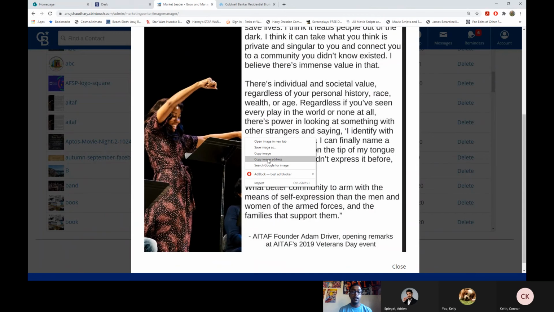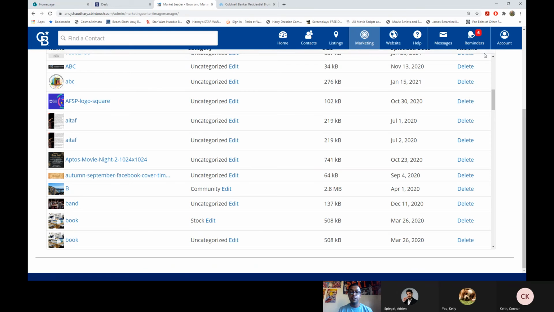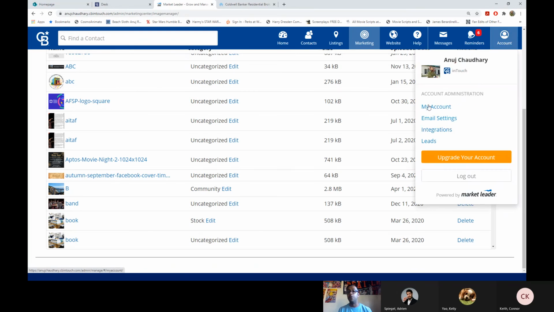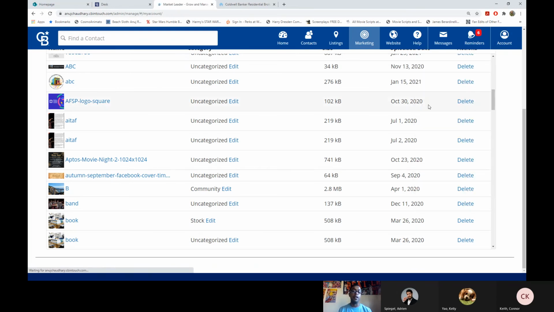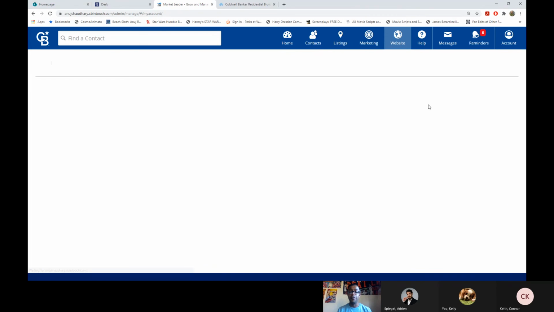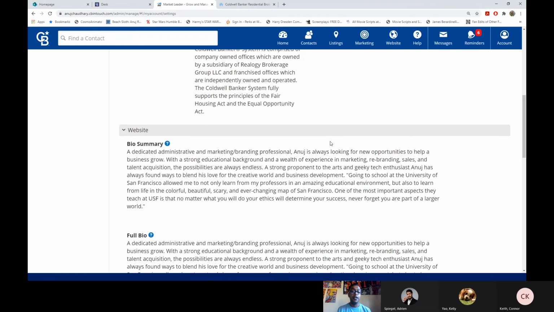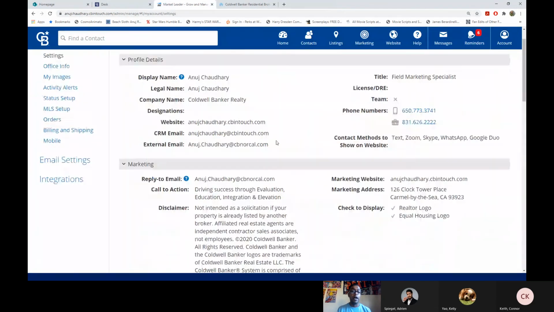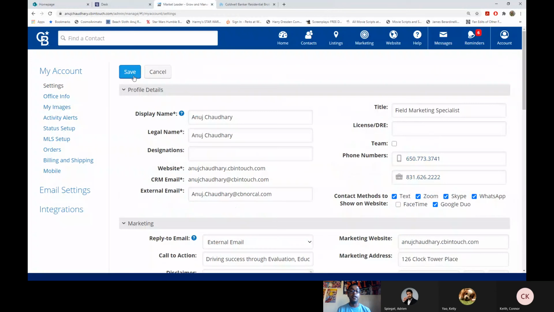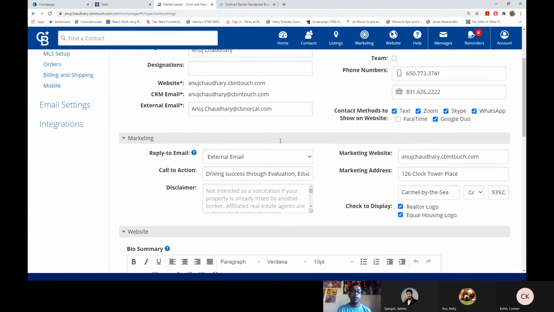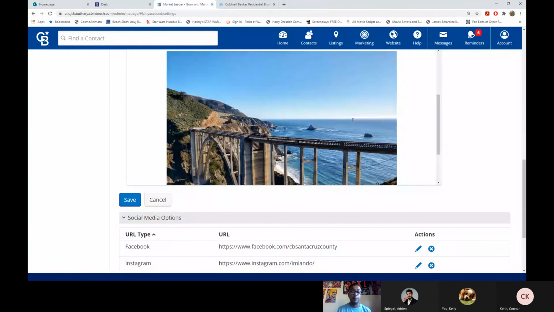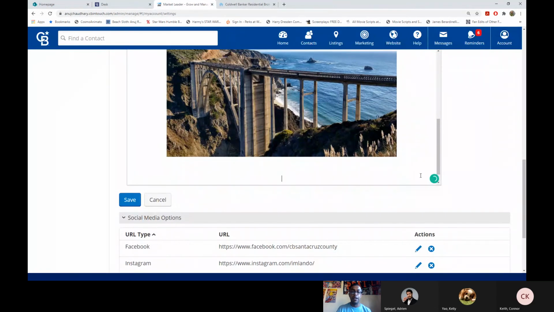I'm going to right click, copy image address, and we're going to go back to the space I want to put it. And this could work for anywhere in the editor, like if you're editing a community page or if we were going to add it to my full bio. So let's say this is a charity I'm highlighting this month, and I can come down here and type in, here is this month's